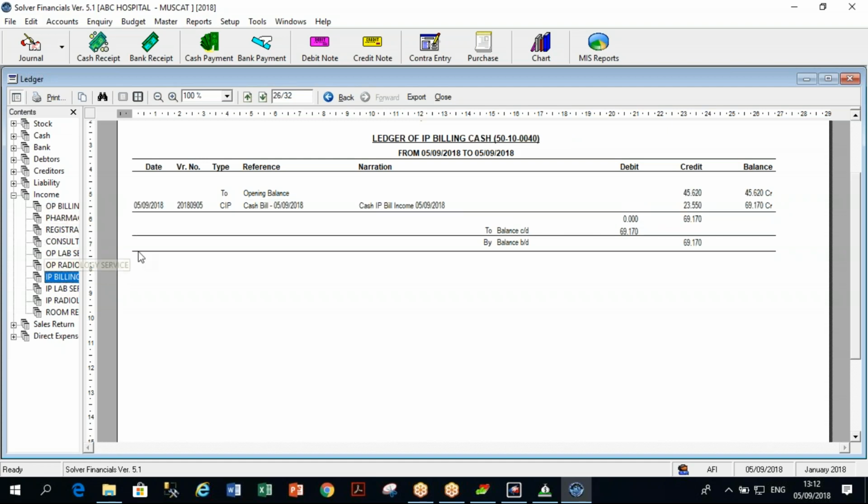Yeah, you can see it here. Cash IP bill income, and lab services, because in the billing certain items that we bill come under different departments, because in the accounts we have